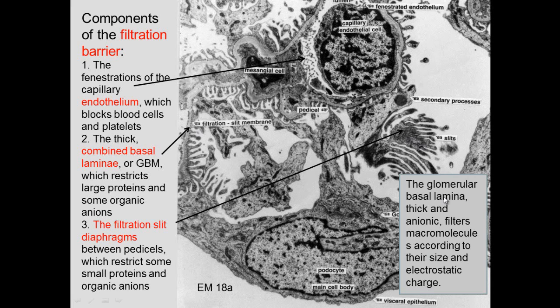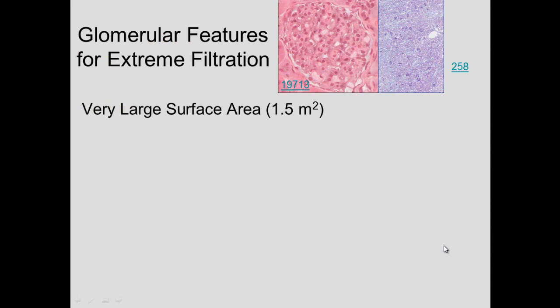So the glomerulus basal lamina is thick, ionic. It filters macromolecules according to size and charge. Now the glomerulus has extreme filtration, much more than others because it's large in size. And here you can see the glomerulus with the capillary tufts, and you can see here many